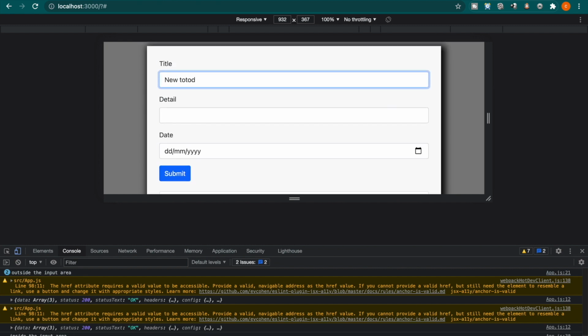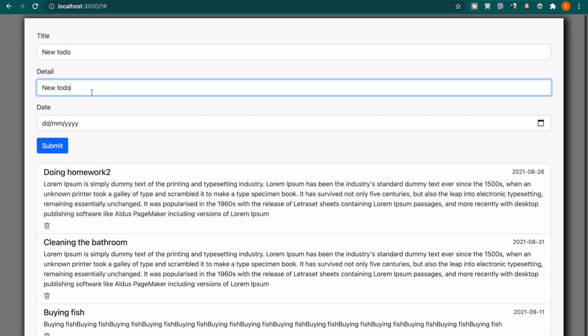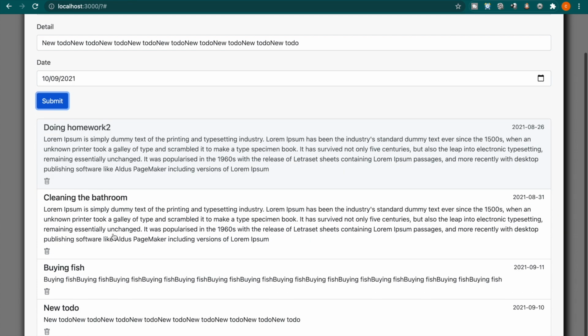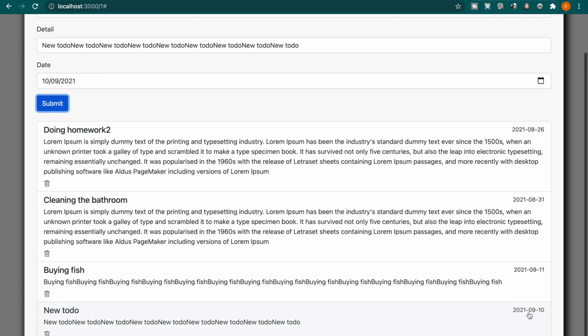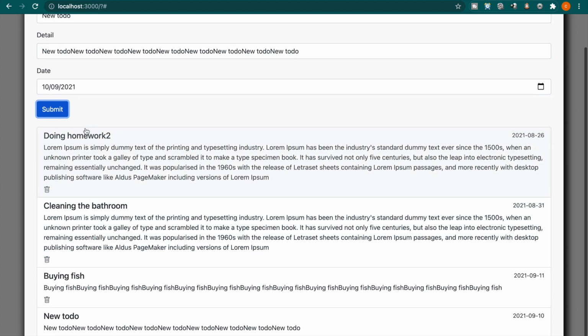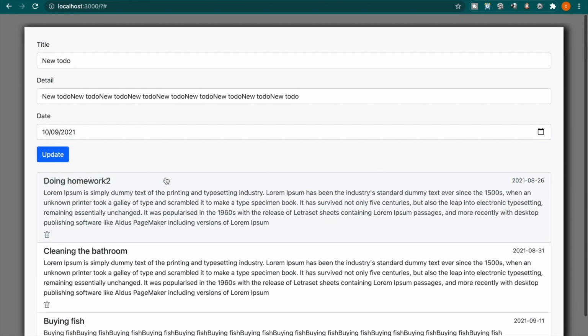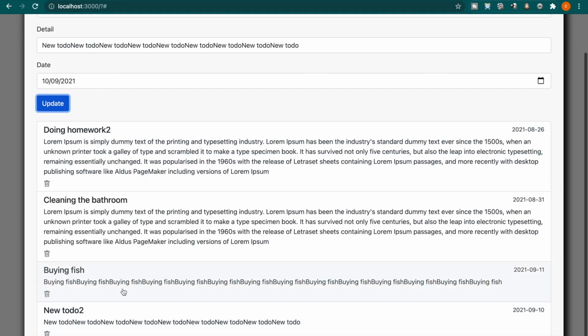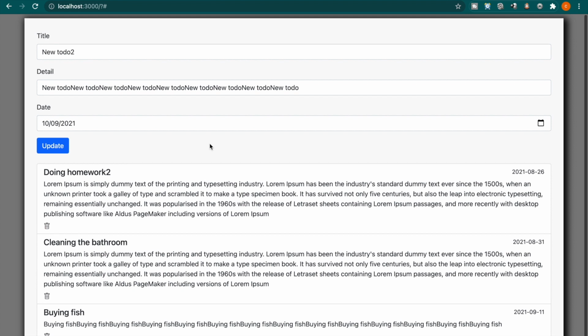This time we type new to-do, and then we copy this and paste a few times, and then we add a date and click submit. Now we can see the new to-do already appears here. So now we can click on this and change this to new to-do 2. Now you can see it updates, and also we can delete. So this is how to use the Strapi, and we add to create a to-do